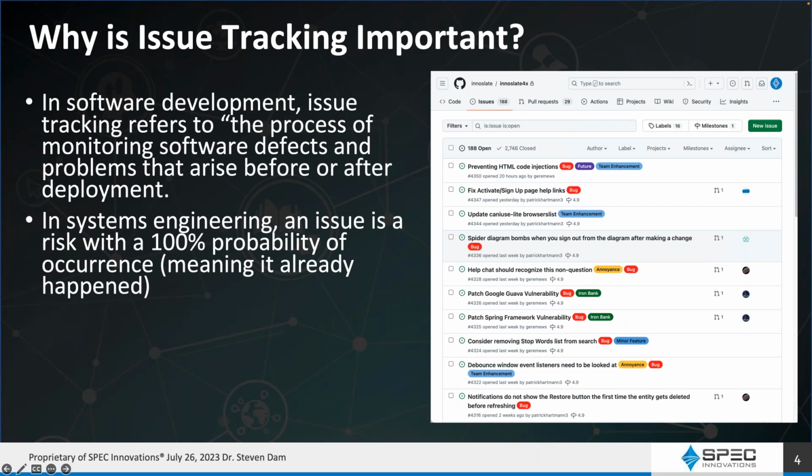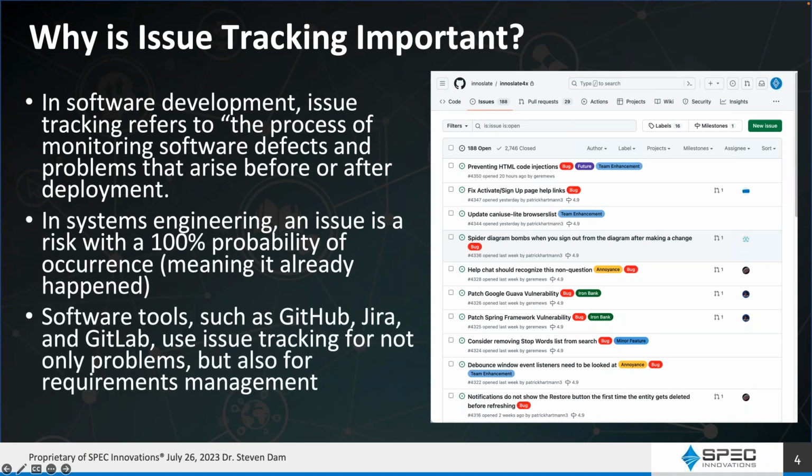In fact, the DoD Risk Issues and Opportunities Guide characterizes issues in that way. Oftentimes, if you've done your risk analysis and been working through that, you already know what the consequence of the issue is, and you'll be able to have some mitigation strategies planned. But oftentimes it's a matter of just you found a bug in the software, or it's a problem you're trying to deal with. So software tools such as GitHub, Jira, GitLab use issue tracking not only for problems,